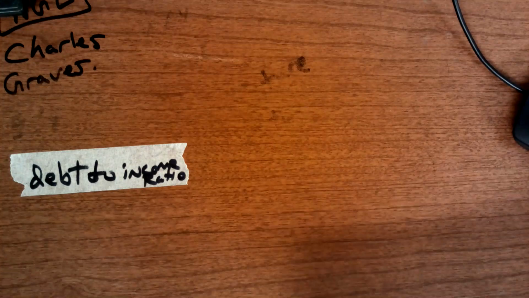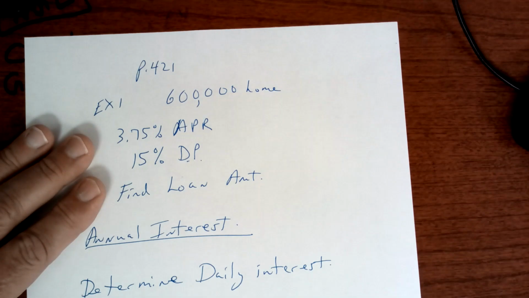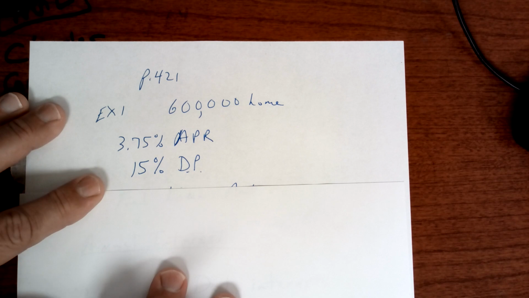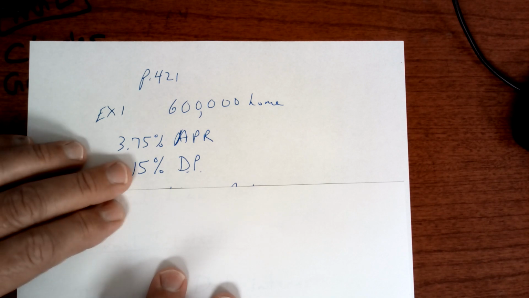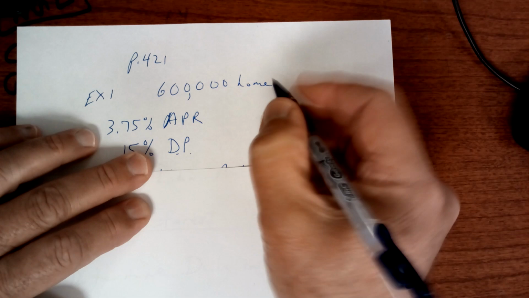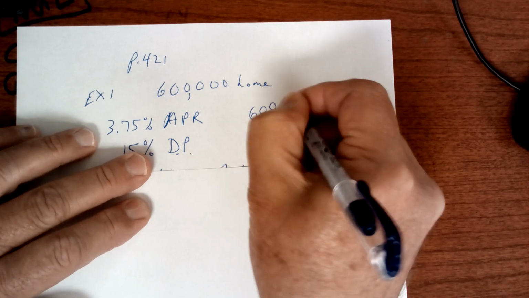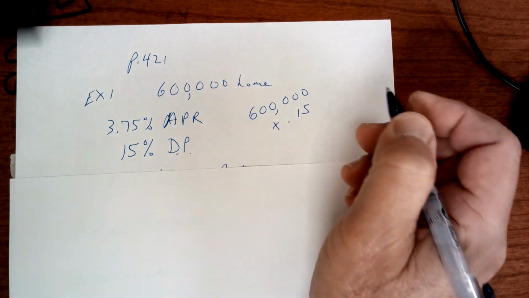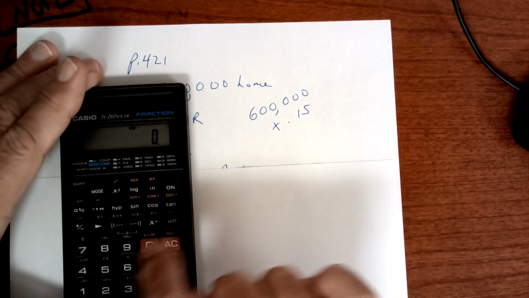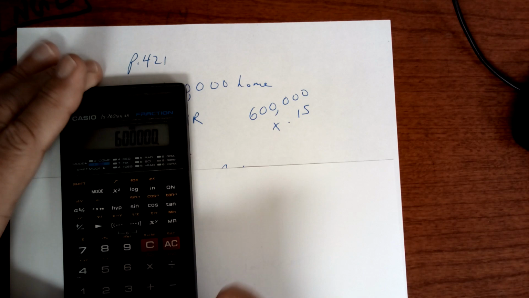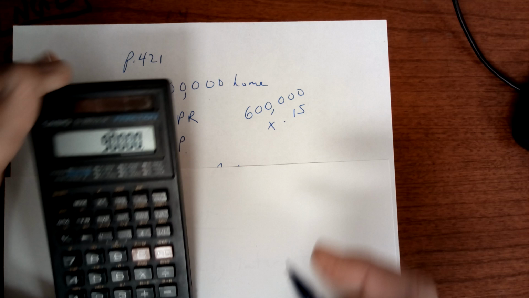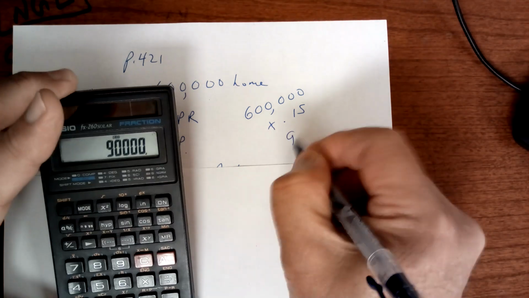Okay? Let's take a look at example 1. So turn to page 421 and let's take a look here. All right, so you put down 15% down payment. So you're going to multiply 600,000 times 0.15, 15%. So let's clear this out. Get your calculator out. Take 600,000 times 0.15. When I do that, I get $90,000. So you have to put down